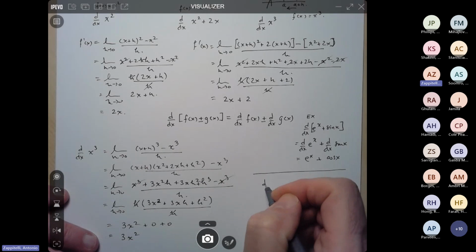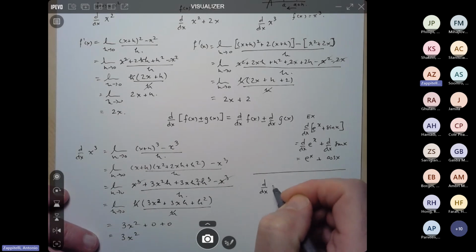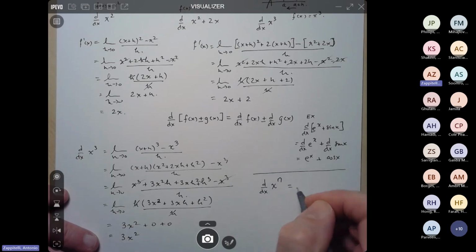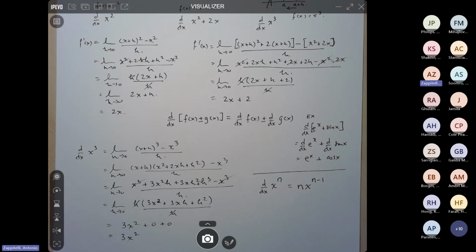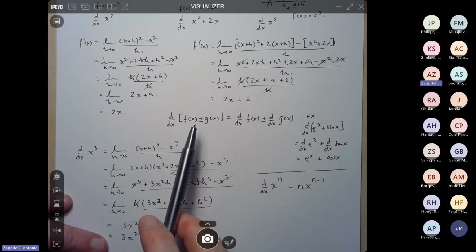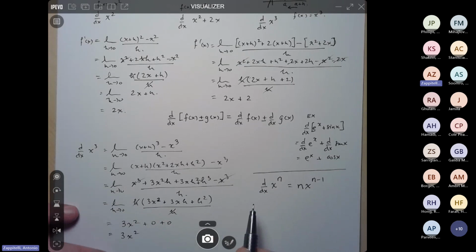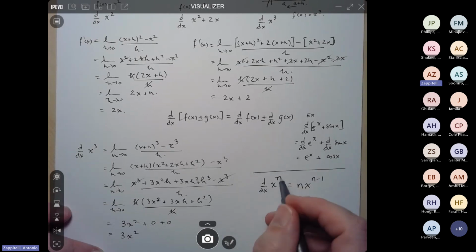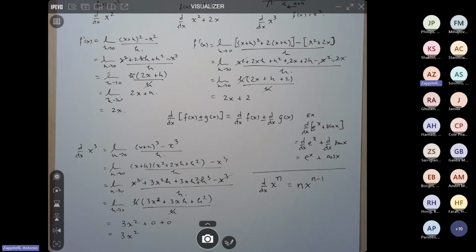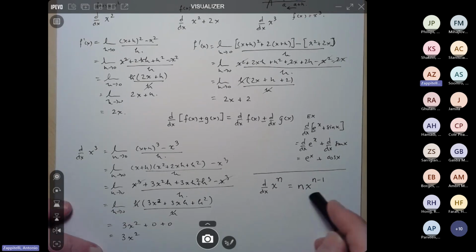And it looks like we just found a nice rule here: the derivative of x to some power, well, the power becomes the coefficient, and what happened to the exponent? It goes down by 1. This is what we call the power rule. So it gives you the derivative of any power function. x to any power becomes this here. And this, of course, is very, very